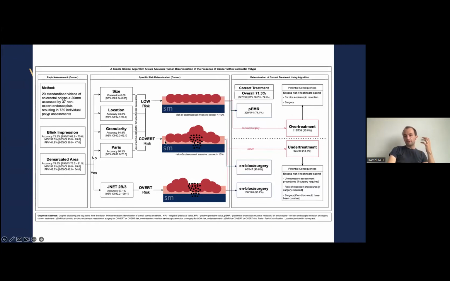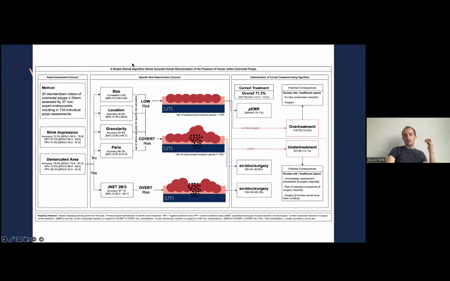Why is that? Because if you have a nodular polyp like this one here, the cancer can be buried beneath the nodule and can be invading into the submucosa from underneath the nodule. But as the endoscopist looking from above, you may well not see it. Whereas in the other example here, where the polyp is depressed and clearly has a demarcated area, you can see the cancer in black on the surface.